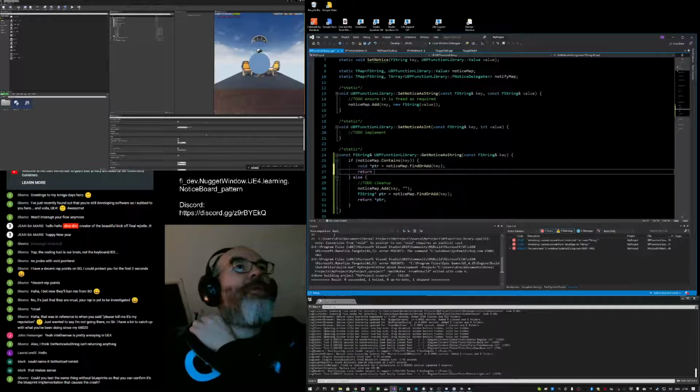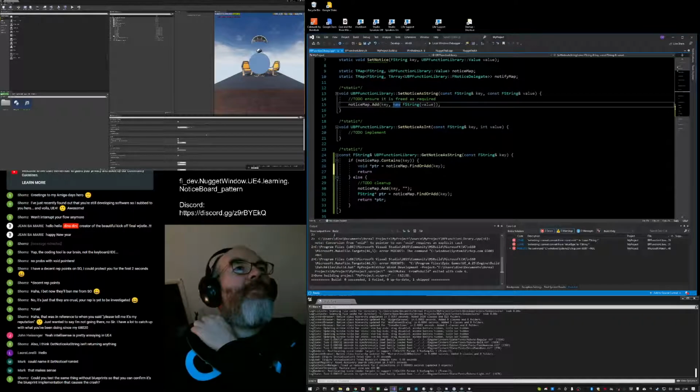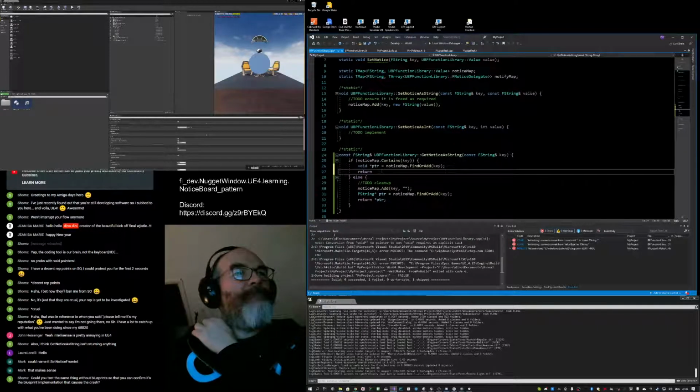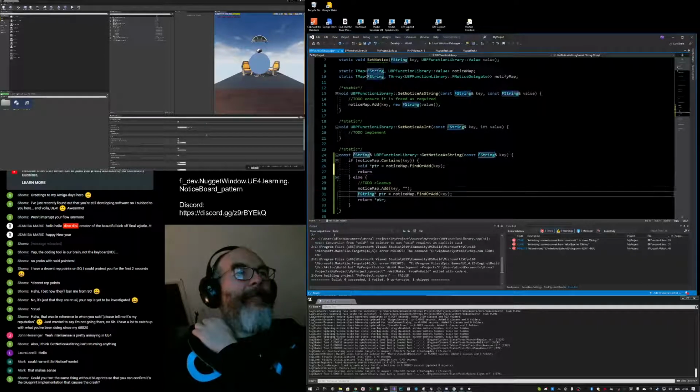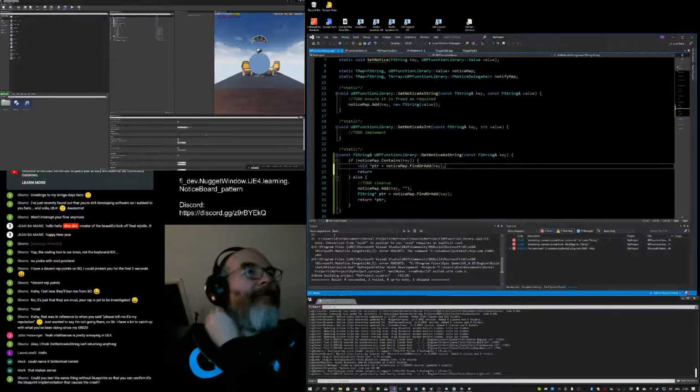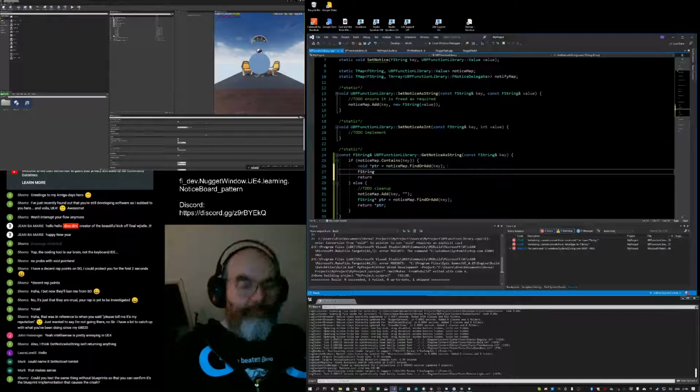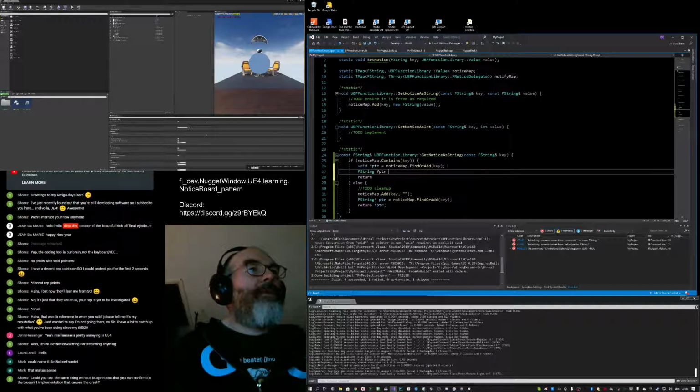If it was a string, then it should be the equivalent of a pointer to an FString. This is really annoying. FPointer.